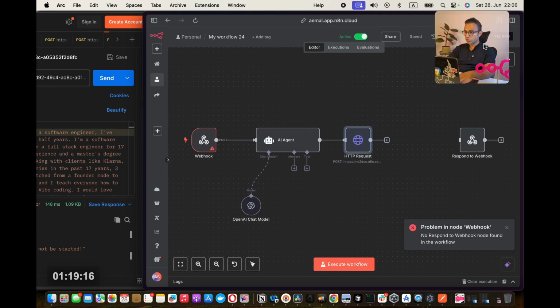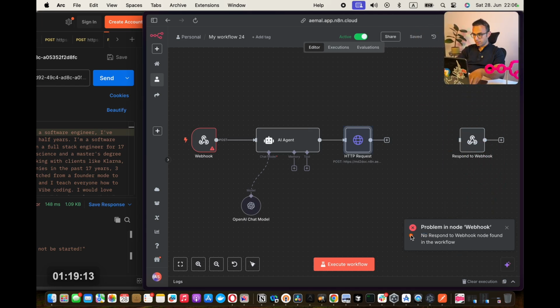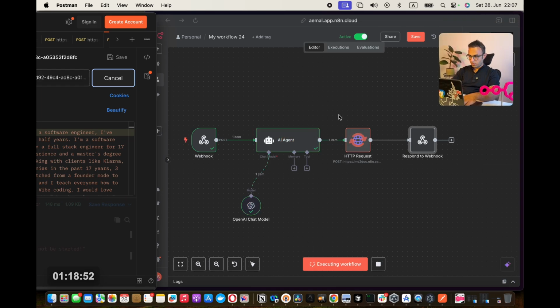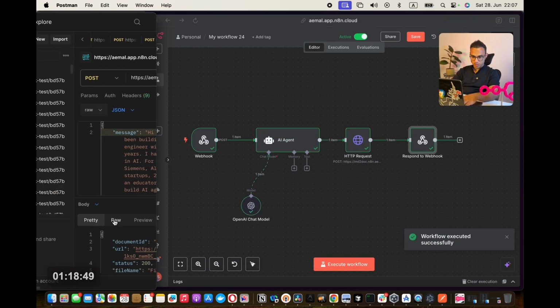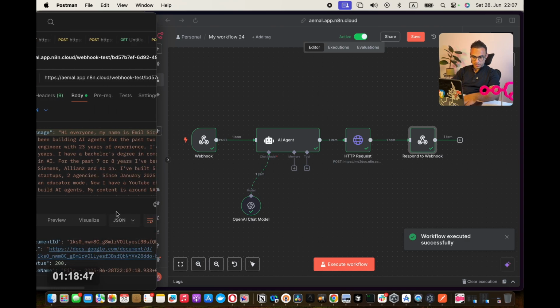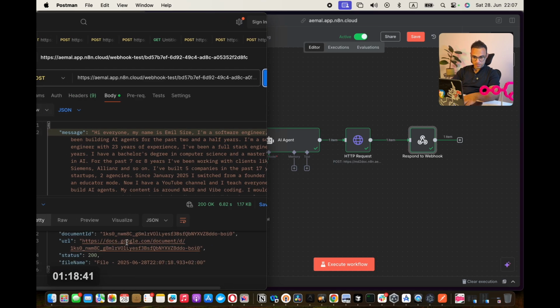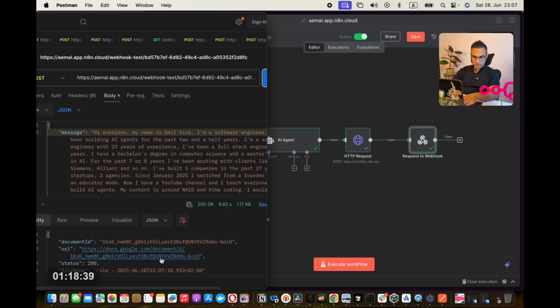Oh, the respond to webhook not found. It means like, hey dude, you're telling me that I need to respond to a webhook, but I can't find it. Why? Because it's not connected here. So we need to go and connect this, execute it, it's running. I send some information, it goes on and runs, and it runs again, and then it responds back here. There we go. It responds back, but this time the response came differently. This is the response coming from my server, from aemalsayer.com, with the Google Docs link.